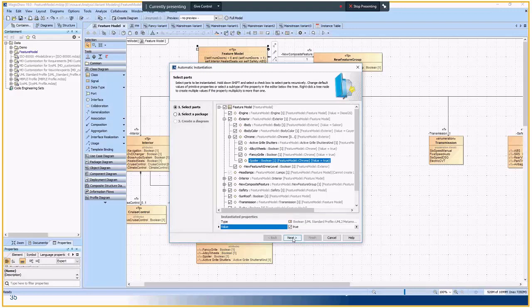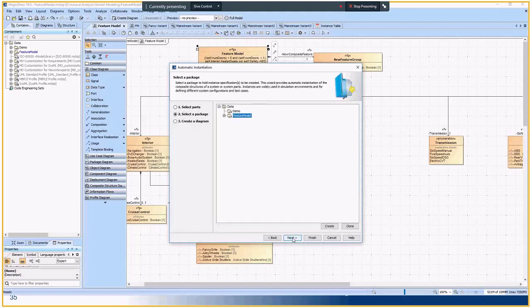So basically you see this wizard for instantiation. It's just for creating an instance, which would be a configuration. So this would be a configuration. Let me create a